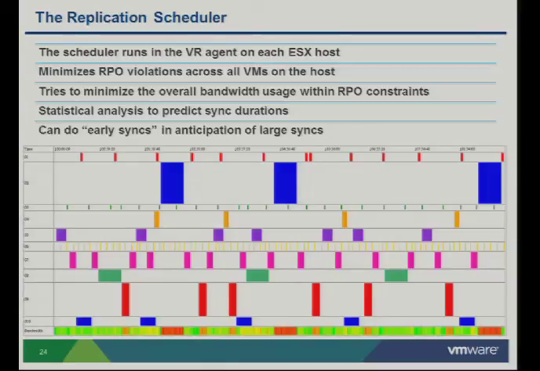Yes. The VR agent for each host manages the replication. The question is, this is a per host heat map, as it were, a scheduler that we're talking about. So if we've got a virtual machine that's sitting in one location and all these calculations are being done, and then we vMotion to another host, then